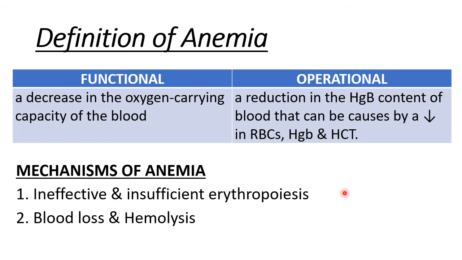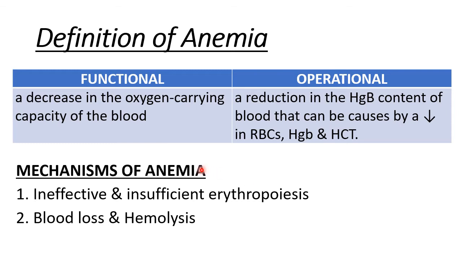Okay, definition naman tayo ng anemia. So we have the functional definition and operational definition. Based on research, di ba? Iba ang functional and operational. Sa operational, paano mo i-measure yung anemia? Okay? Pero generally, anemia is a condition wherein your oxygen levels are decreased. Okay? Paano i-measure? By measuring RBC counts, hemoglobin, and hematocrit determination. Kailangan yung tatlong yan bagsak in order to classify the condition as anemia.